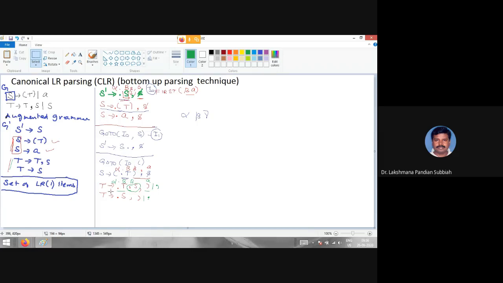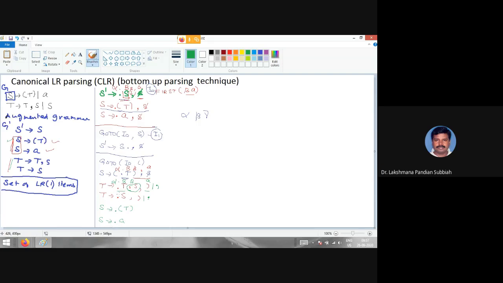Now after that we are having S. Now you have to expand that S. S derives open bracket T close bracket. So here for that S we are having two alternatives. So S derives open bracket, then S derives A dot, right?